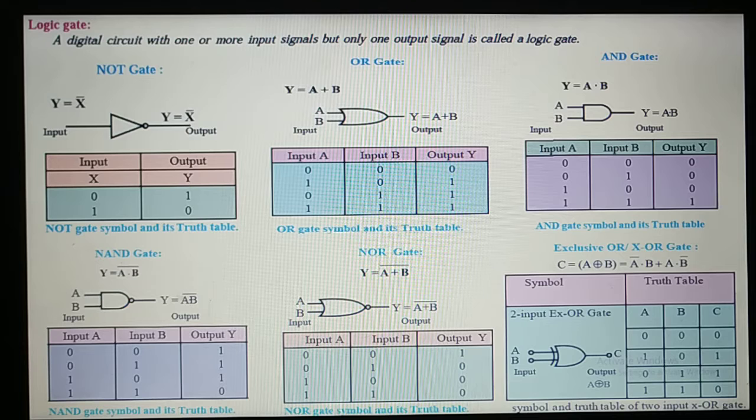You can do only two things using that gate, right? You can either go in or you can go out. So basically here in the logic gate also there are two types of input. The definition says that a digital circuit with one or more inputs but only one output signal is called a logic gate. So just like the example of a normal regular gate, there will be a gate in your society. Either vehicles or people, they can just go out of that gate from the colony or they can come in. There will be only two sorts of operations. So just like that, logic gates also have two types of signal.